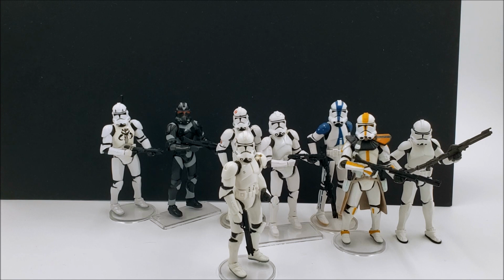And then if you went down just a little bit further, there was another display. And then if you went all the way back to the toy aisle, there was another display. So you probably had the equivalent, maybe 2 or 3 aisles of Star Wars action figures. They were only $5.88 at the time. It's incredible looking back at that. I wish I had it all on video where I could upload it to YouTube right now and then show everybody exactly how it was at the time, if you weren't collecting or if you're not too sure what I was talking about. But little did we know at that time that we were pretty much in the golden age